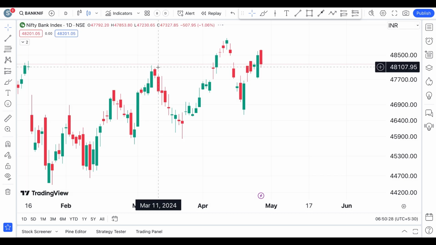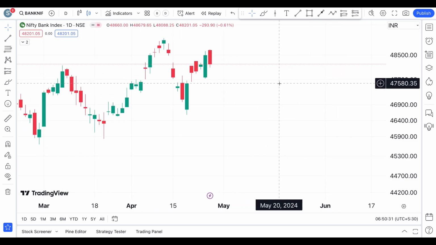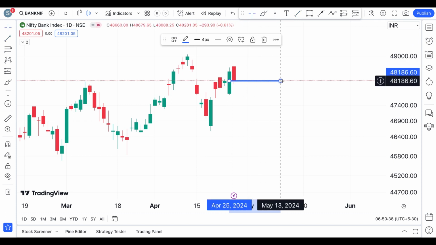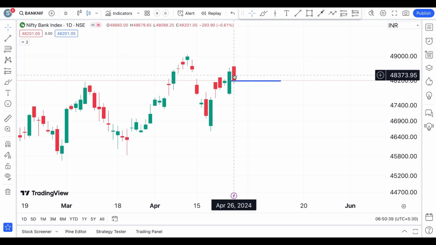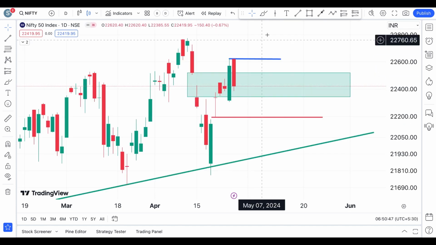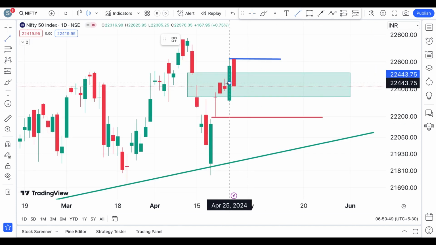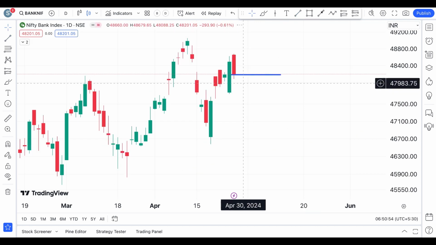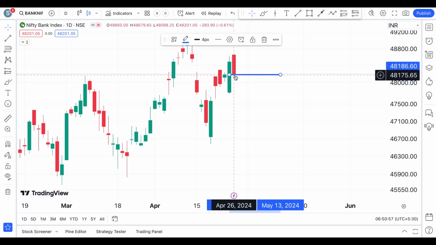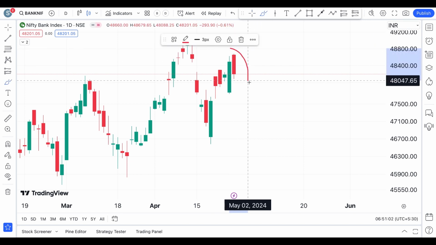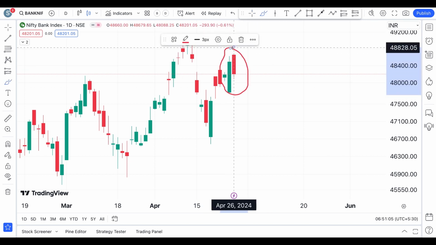Let's now switch our chart to the Bank Nifty. Yes, we are in the Bank Nifty chart, and even here it is very close to the sign called dark cloud cover, because you need to see this red candle's close below the half of your previous green candle, like in the Nifty. See here the midpoint of the green candle is approximately there, and we have seen a close below that. Whereas here in the Bank Nifty, it's a little close to the midpoint of the previous green candle. But it is good to take this as an alarming sign, because of